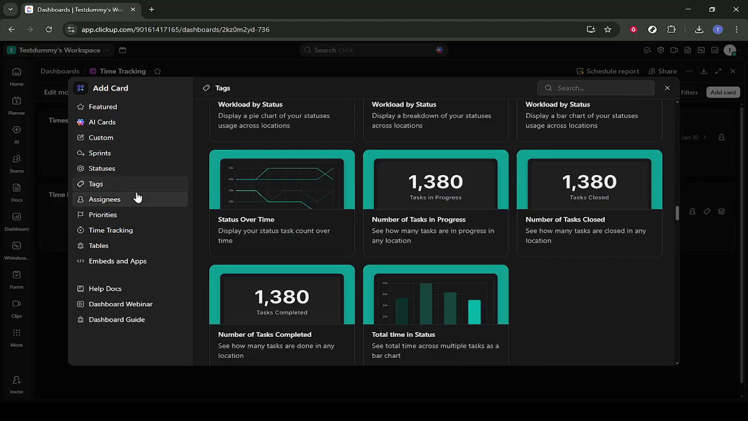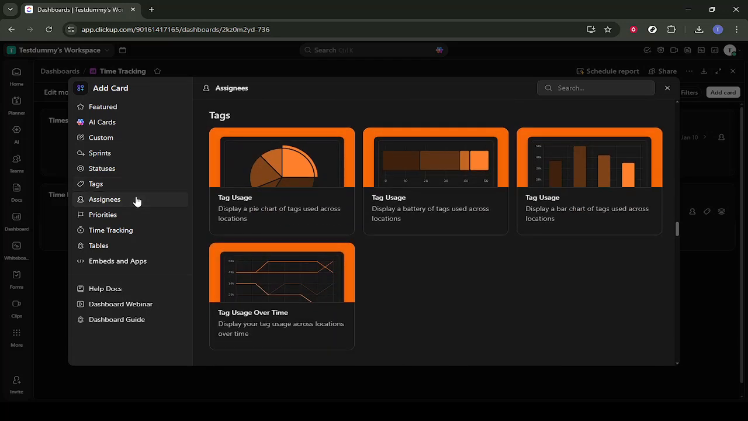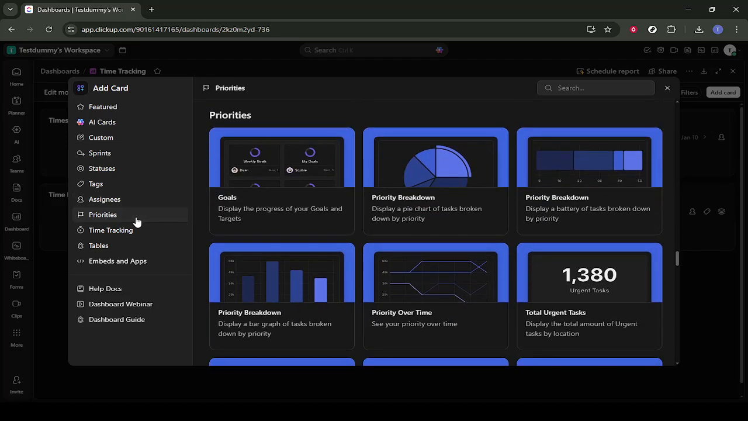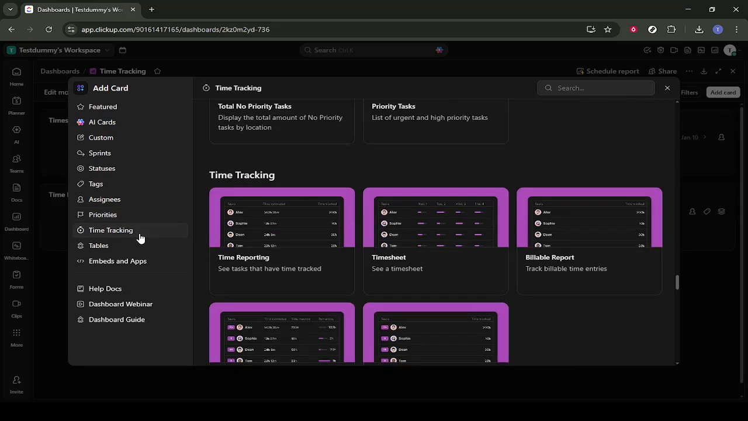This is useful if you want to break down time by sprint, by the status of tasks, by who they're assigned to, or by their importance. Most importantly, click on Time Tracking. This ties your card directly to the time entries in your workspace, letting you report on how much time is